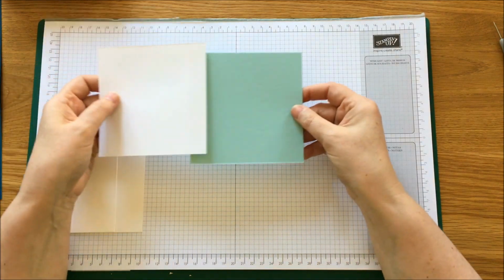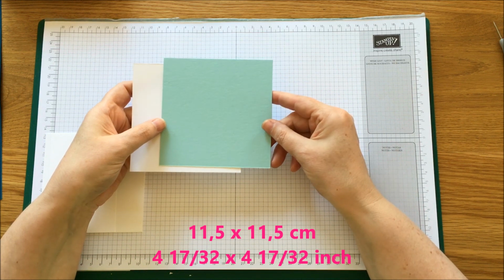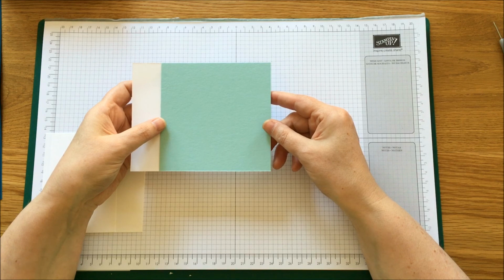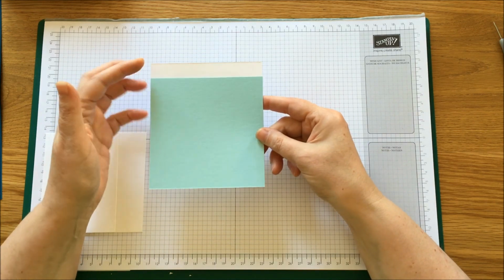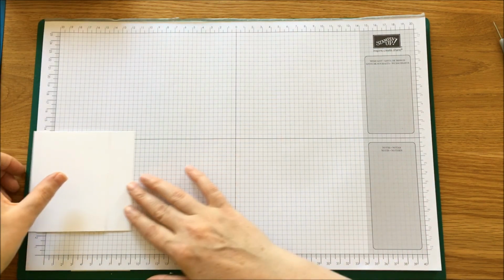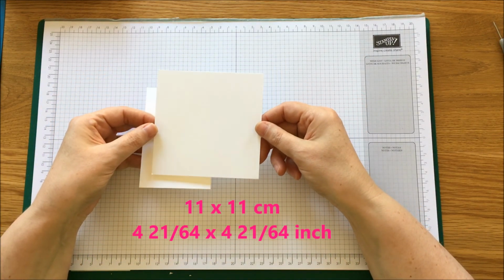You'll also need a mat of Pool Party, which is 11.5 centimeters by 11.5 centimeters, or in imperial 4 17/32 of an inch times 4 17/32 of an inch. You'll need the same measurements for a piece of Whisper White, which will be on the inside of our card. Then you'll need a piece of Whisper White for the front of your card, which is